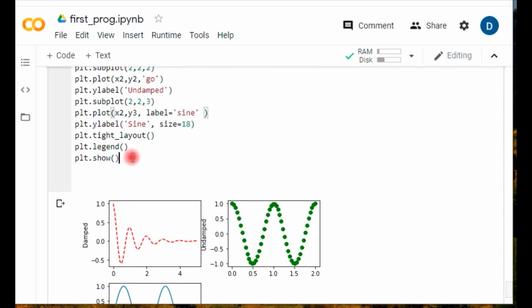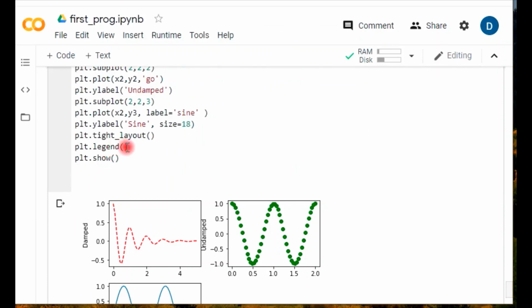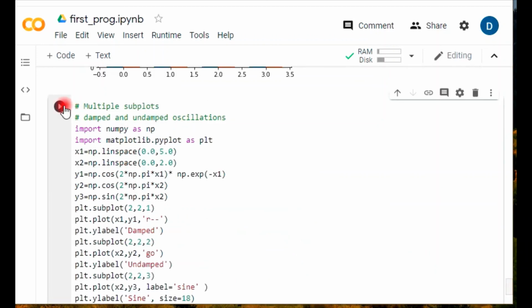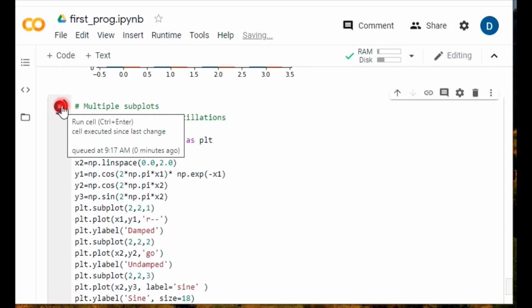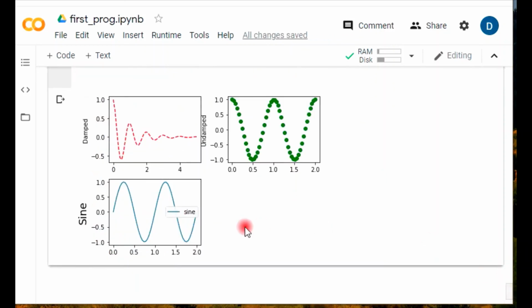That is the legend I have just given. Here I am giving in the plot the label sine, and then I am giving this particular script plt.legend, and this script is helping to create the legend. How is it helping us? Let's see. See here, so we have here sine, and in this I have given the label as sine, and this has come as a legend.